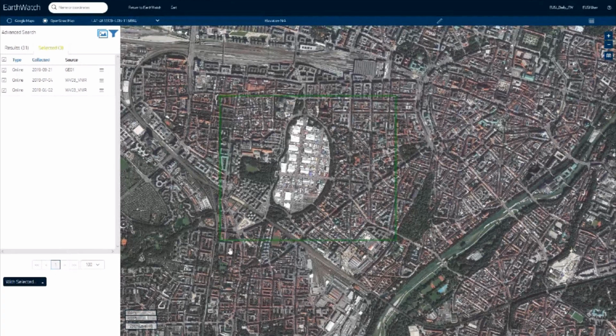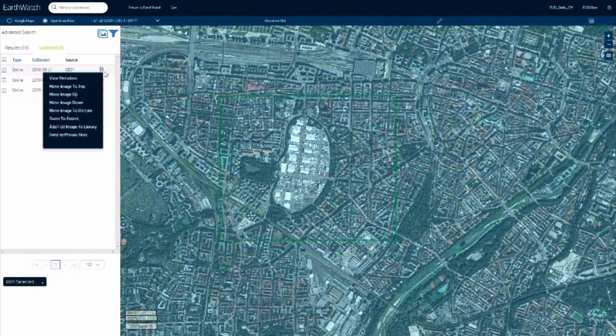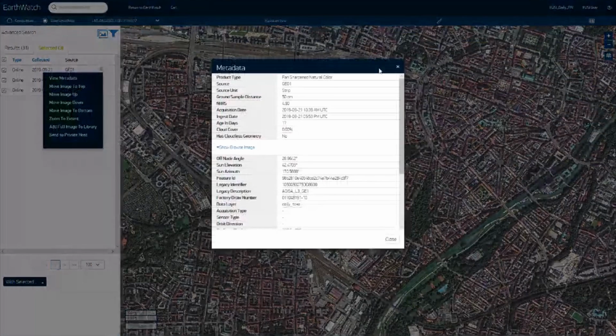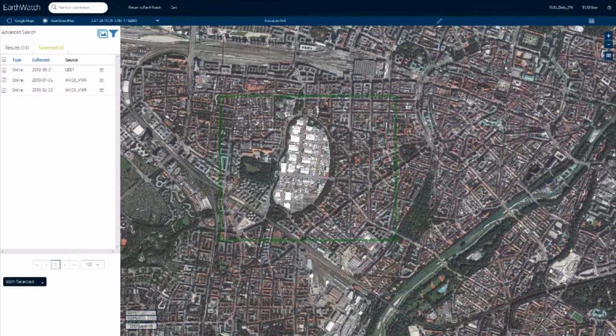So let's say this is a 50 centimeter image, GUI1, you will get it as a 50 centimeter image, GUI1, as RGB. You just get what's shown, so you can't change the product around for now. Maybe this feature will be added at a later stage. Let's return.